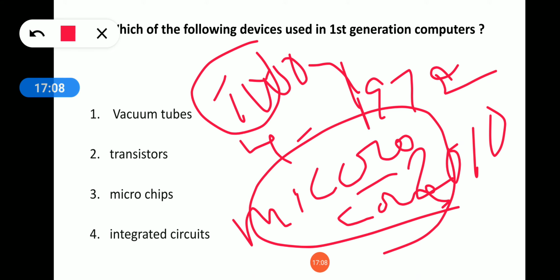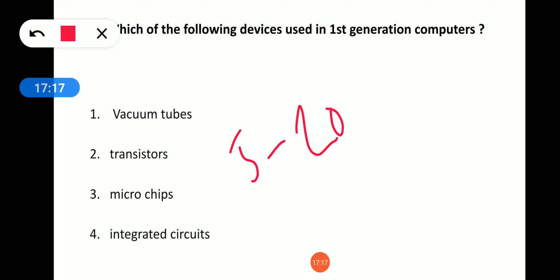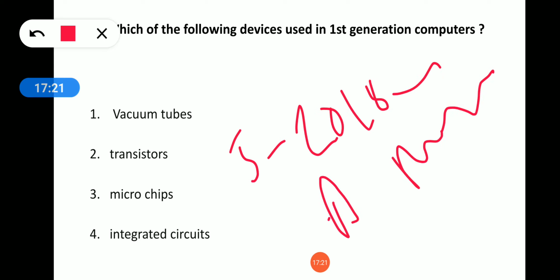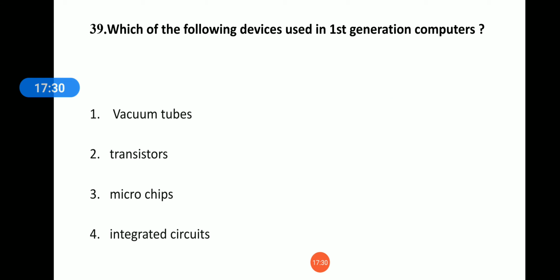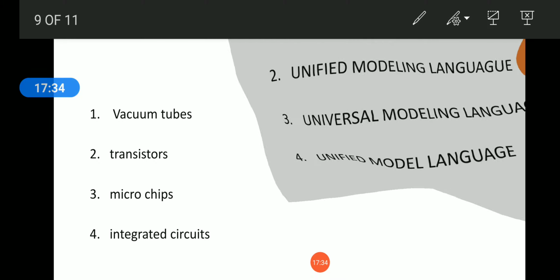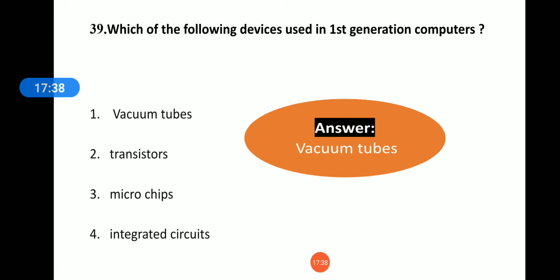The first one is AMD, the second one is Intel, but we use Intel in a regular manner. And now the fifth generation is running. The fifth generation is from 2010 to present. The concept is AI, artificial intelligence. So learn this concept. It is also a very important concept. So for this question, the answer will be vacuum tubes.